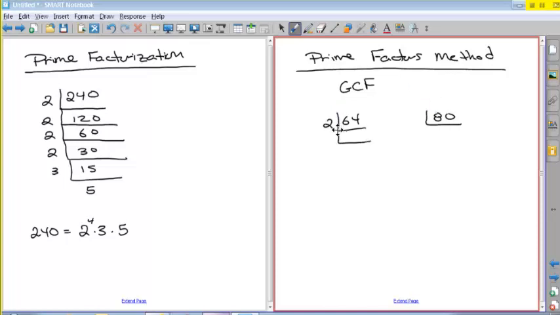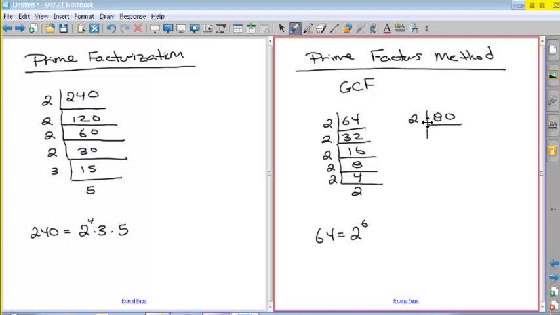So we divide by 2, until we run out of choices here. But maybe not have been a great choice to demonstrate this. But turns out 64 is just equal to 2 raised to the 6th power. 2 times 2 times 2 times 2 times 2 times 2. Okay, 80